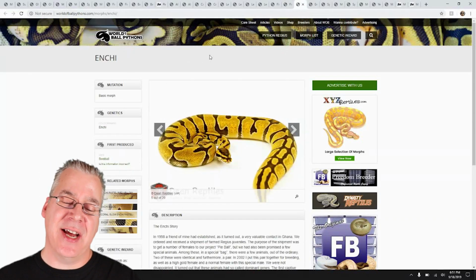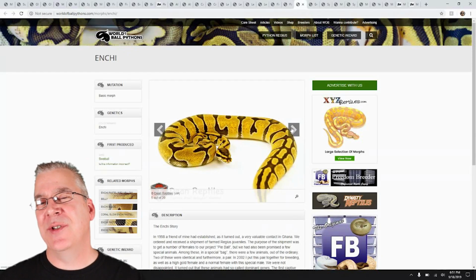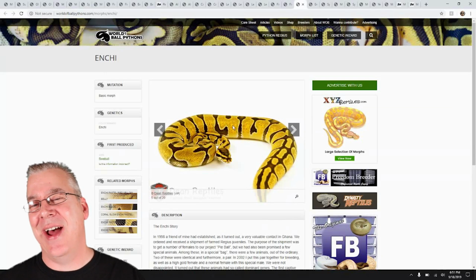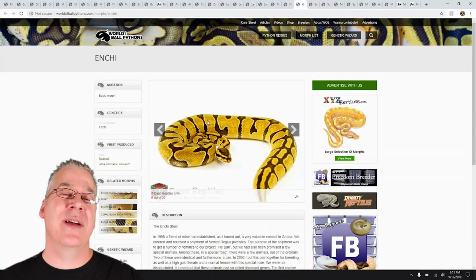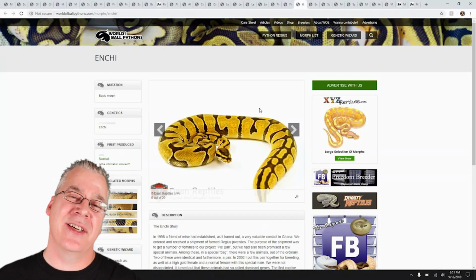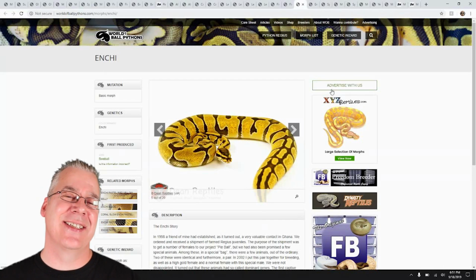So the Enchi is kind of interesting. The Enchi is, I would say, really polymorphic too. Essentially what it does is it reduces the pattern of the ball python. Sometimes you can get a lot of reduction in pattern, and sometimes it only reduces it a little bit. Instead of these tiny little lines, sometimes you get really thick lines, and I've seen a lot of Enchis where essentially all they do is kind of eliminate the alien heads on the snake, and it still kind of looks